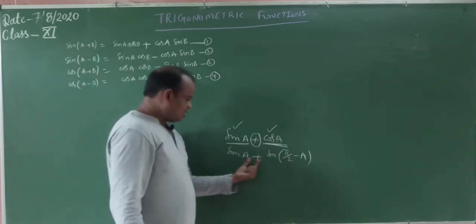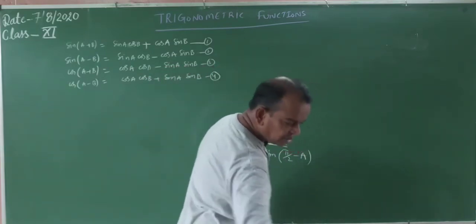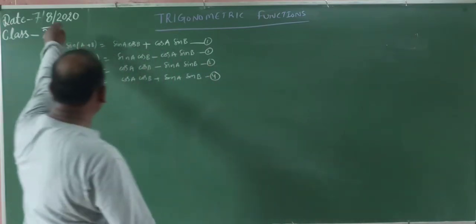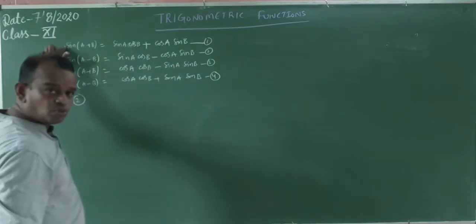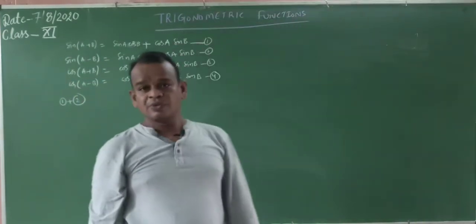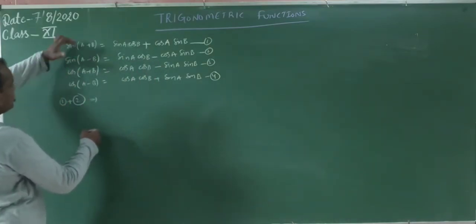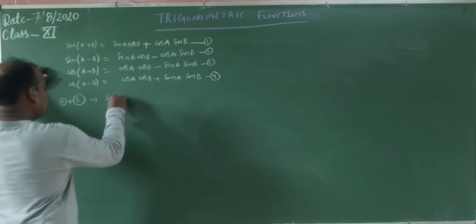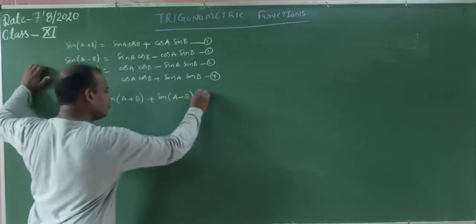Now we apply sum is equal to product. How to? Okay, observe that. Now here, adding 1 and 2. What happened? Now 1 plus 2. This is a trigonometric ratio, this is the same trigonometric ratio, different in the angle. A plus B, A minus B, compulsory difference. That is sin of A plus B plus sin of A minus B. Understood? That is equal to